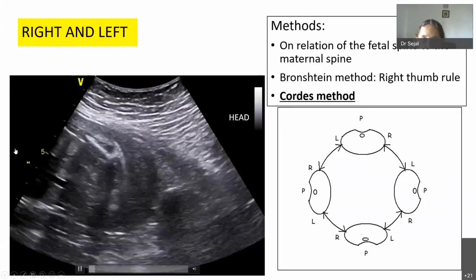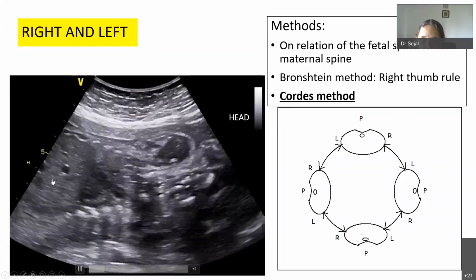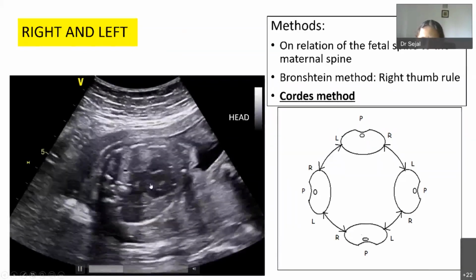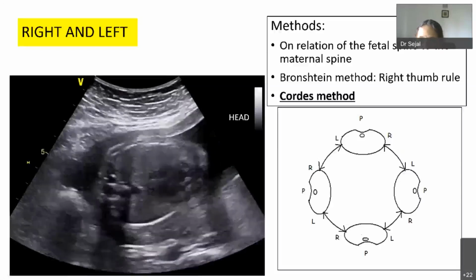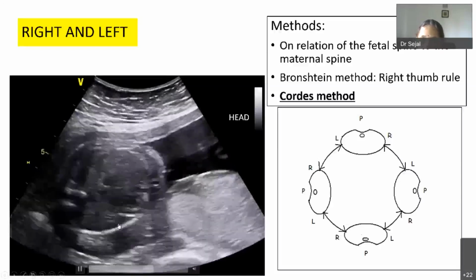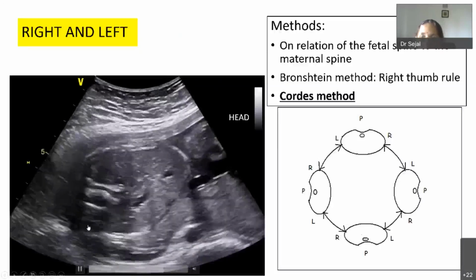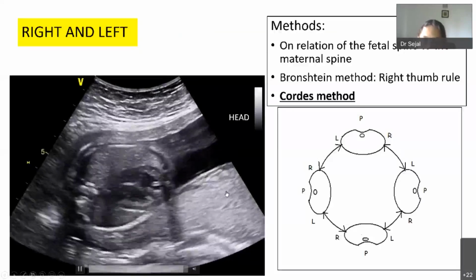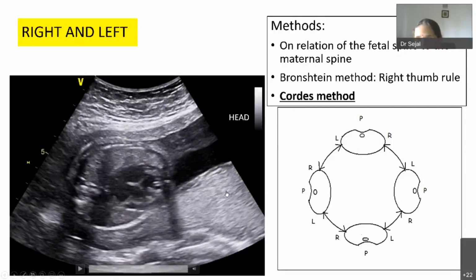So whichever way the baby is lying, bring the baby in a sagittal cut, head towards the left side of the screen, rotate the transducer 90 degrees clockwise, and then you stand in the position of the heart. My left is baby's left. So now once I understand which is left and which is right, then I run through the sequence of events about the visceral situs, atrial situs, etc. So after this understanding,